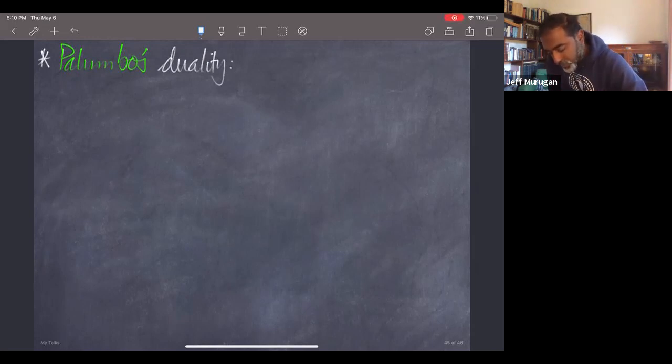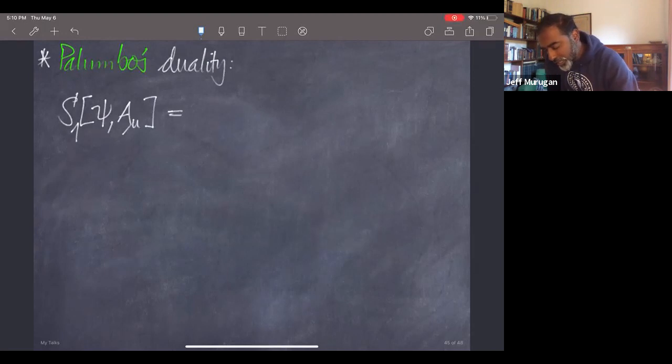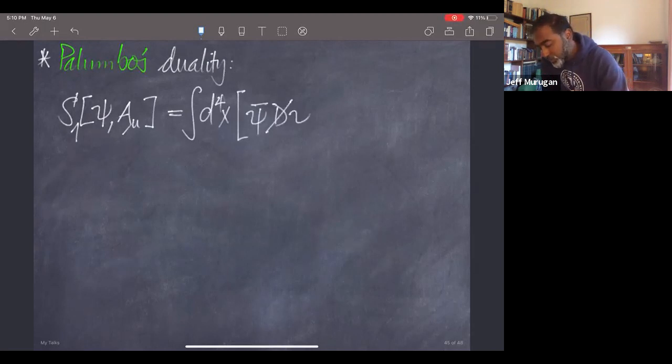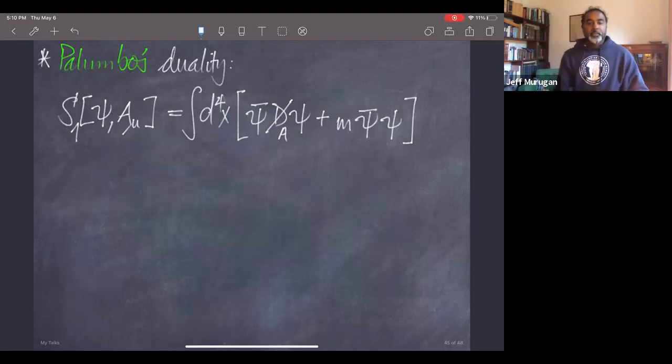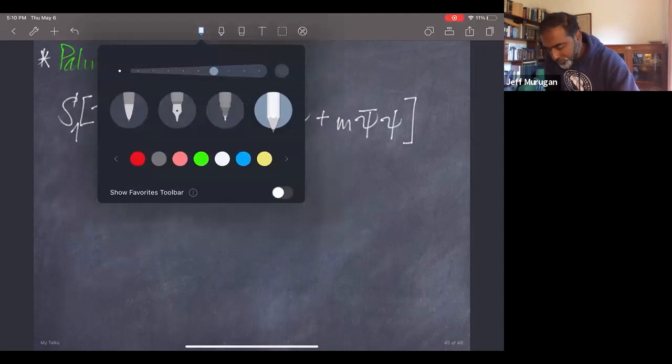So we start from S1, which is a functional of a massive Dirac field psi coupled to a U1 gauge field A mu. And the action looks like the integral d4x of psi bar D-slash psi, where D is the gauge covariant derivative with respect to A, plus m psi bar psi. And because this fermion is massive, I can integrate it out in the functional integral by using its equations of motion. And if I integrate out the fermion,